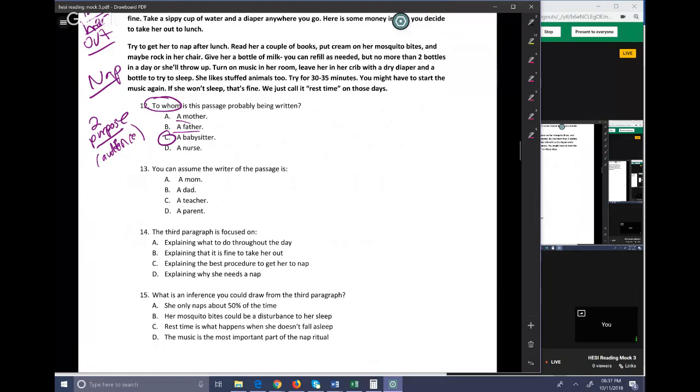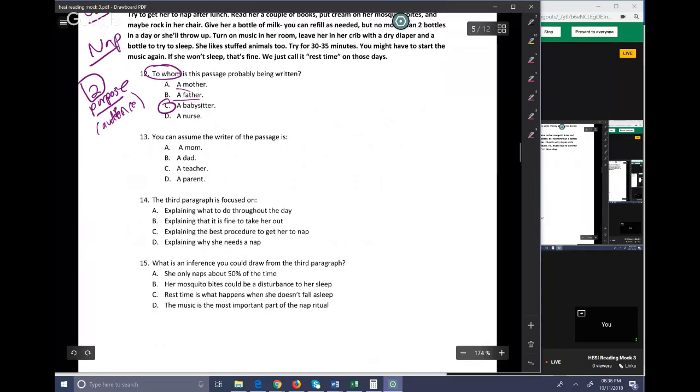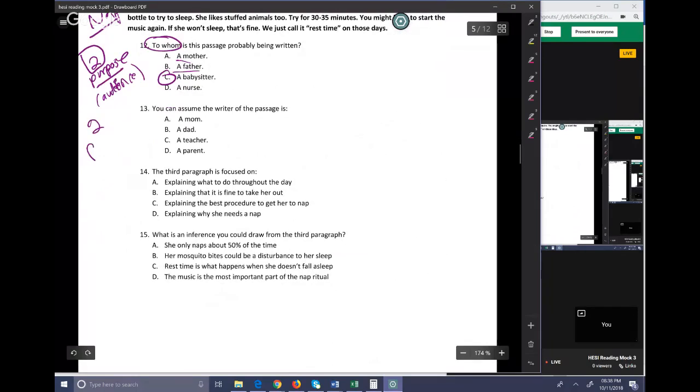Having an idea of the main concept of the whole thing and the purpose of the whole thing would allow you to answer that. And also the next one. The next one is an actual audience question. Well, they both are because one of them's the audience to whom it's being written. The other is who the writer is. A and B are meant to trick you because you can't discern between them. You can't say it was for sure a mom or for sure a dad because there's nothing that identifies the gender or the position of the parent.